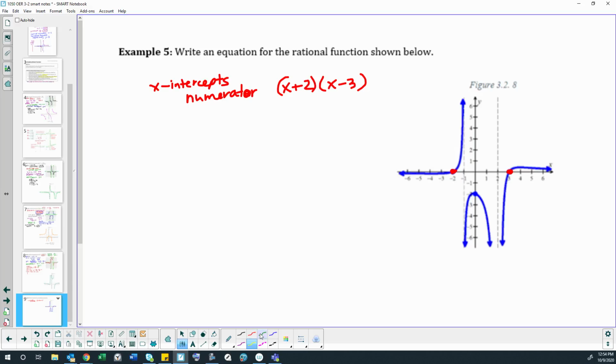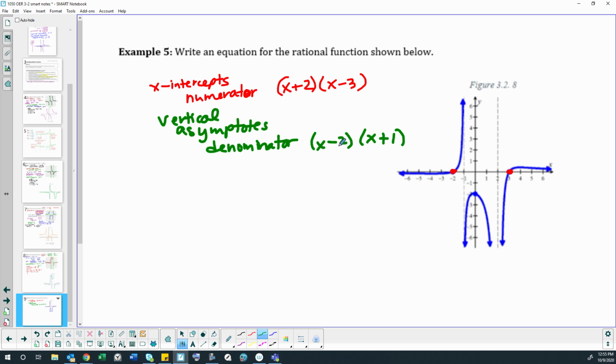Alright, next let's look at our vertical asymptotes. We have vertical asymptotes at -1 and +2. That tells us our denominator is x minus 2 times x plus 1, to get those numbers where the domain doesn't exist, where it would divide